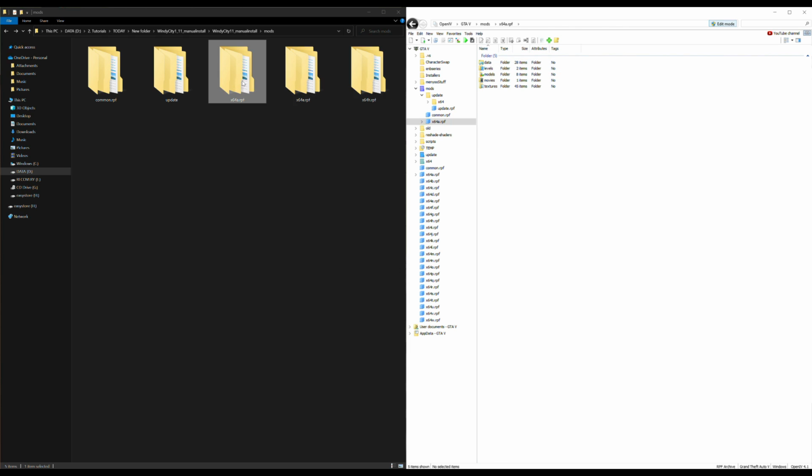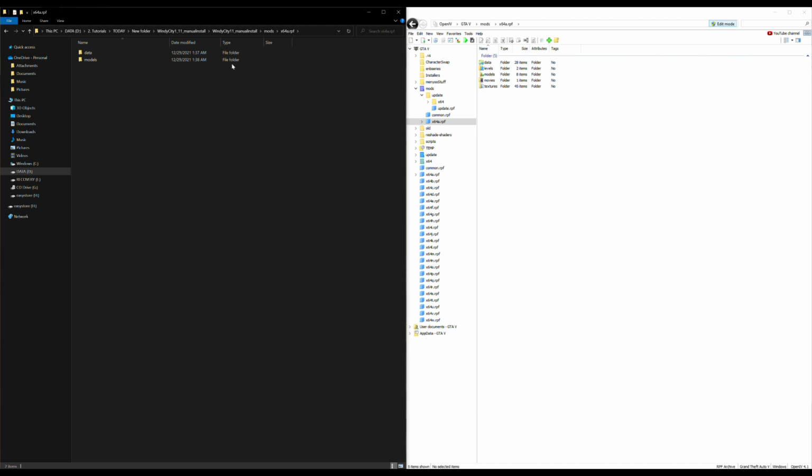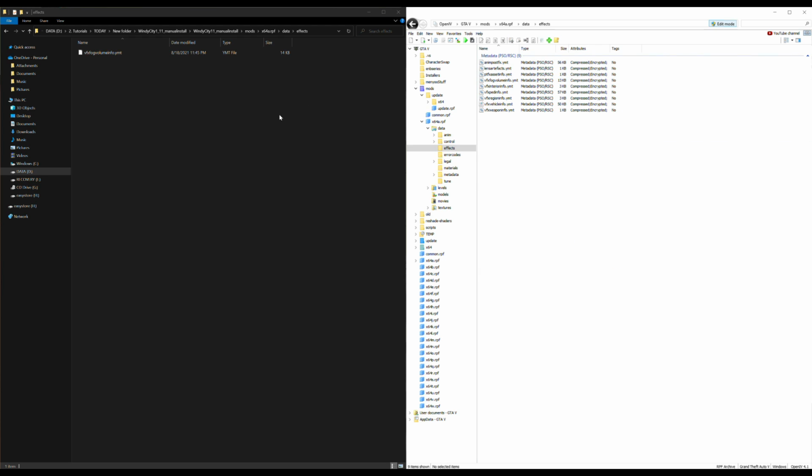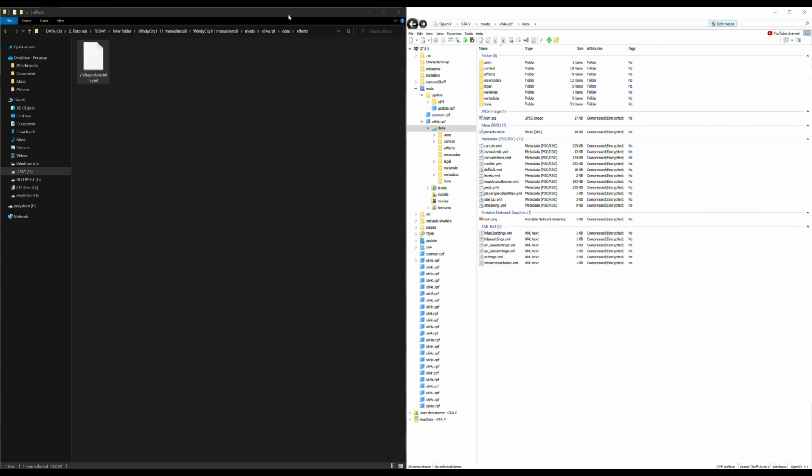Now we want to open up the x64a and do the same thing we did with the 2 folders. I'm going to go to data, effects, grab this one file, drag and drop it here, press the back arrow